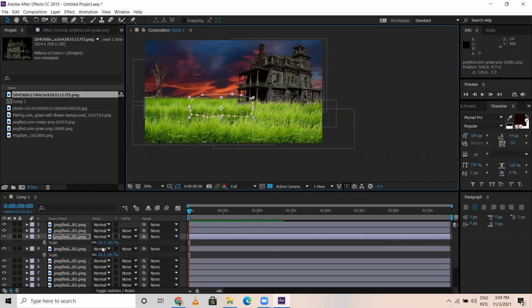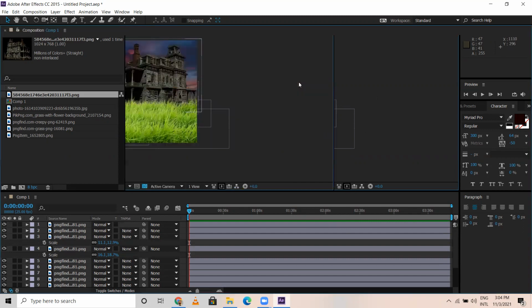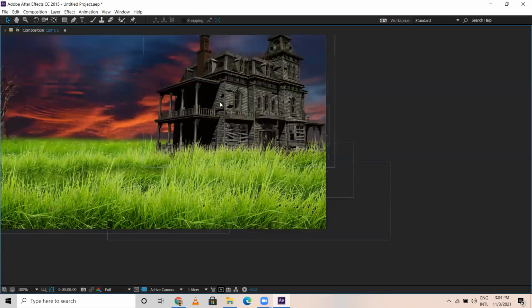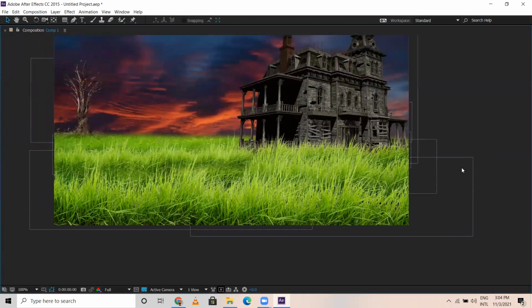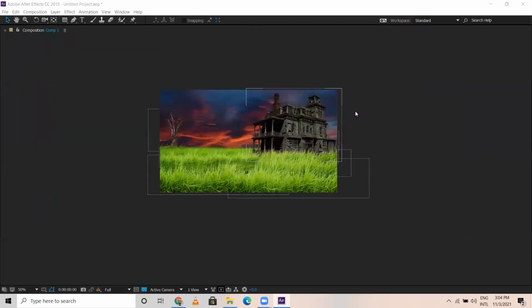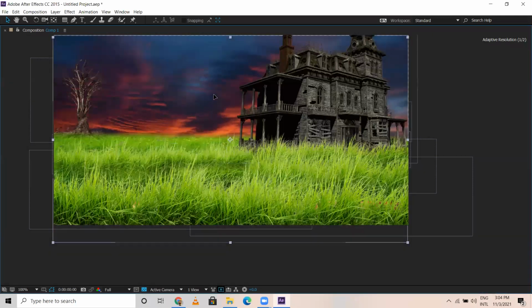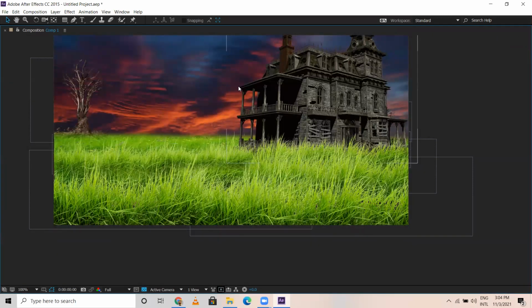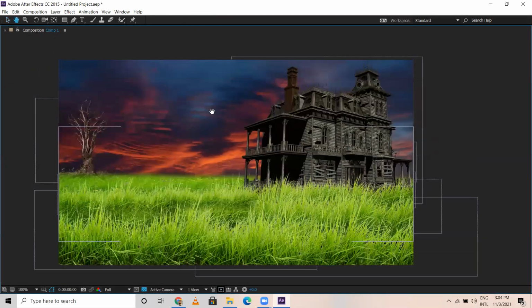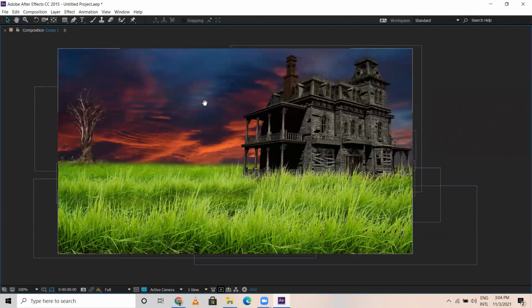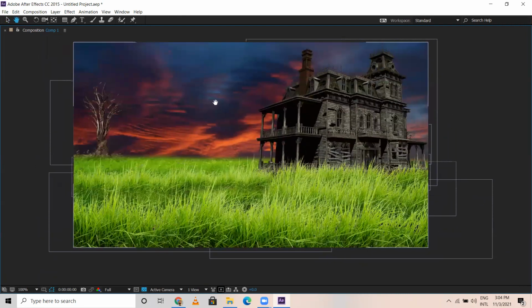So understood. Now, there is a tab button on your keyboard. Above the tab button, there is a symbol button. If you click on the symbol button, for the full screen, you can see this. Now look guys, a lot of changes we have done, and this looks good, right? The composition part has come out well. Holding space, you get the hand tool. You can just toggle this like this.